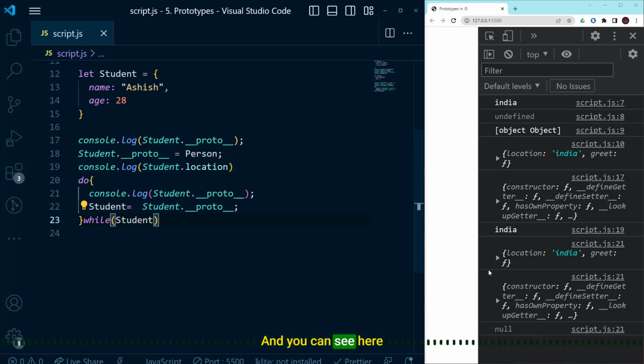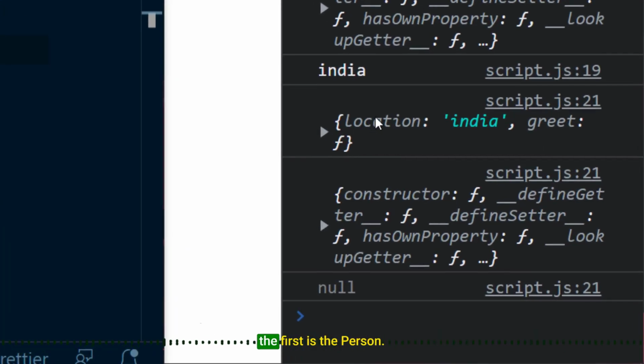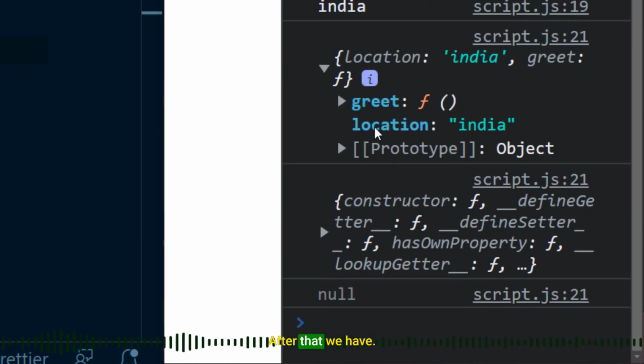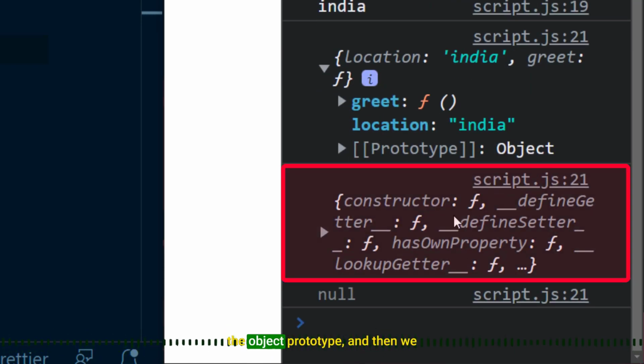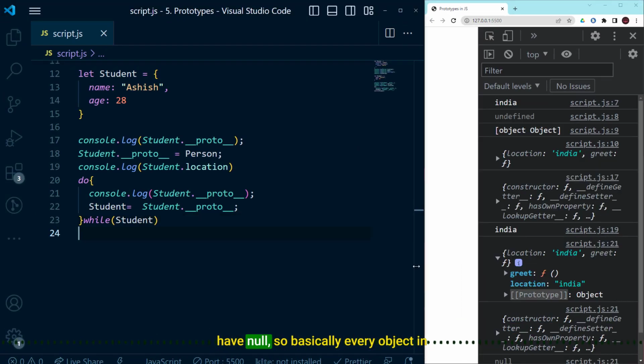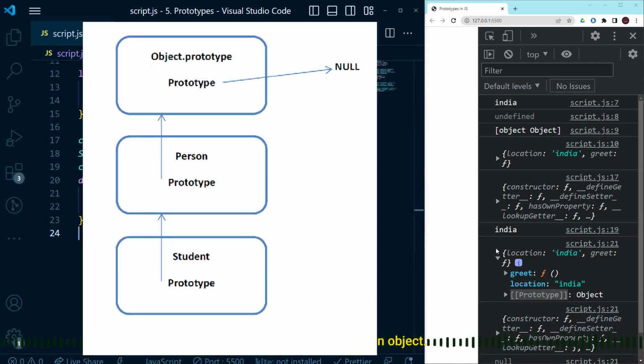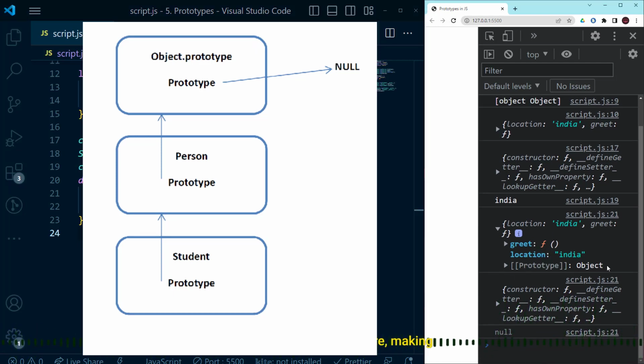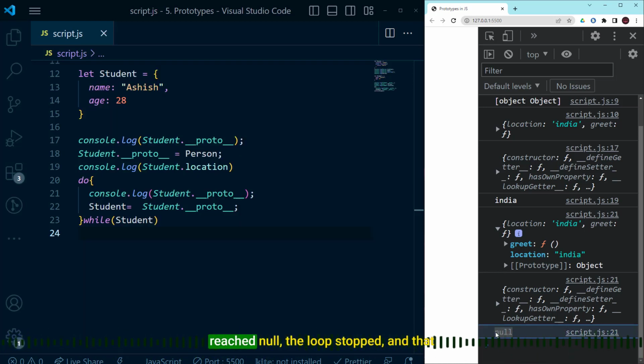And you can see here, the first is the person. After that, we have the object prototype, and then we have null. So basically, every object in JavaScript has some built-in properties which are defined in its prototype. Now, the prototype is itself an object, okay? So the prototype will have its own prototype, as you can see here, making what's called a prototype chain. The chain ends when we reach a prototype that has null for its own prototype. So as you can see, when we reached null, the loop stopped, and that was the end of the